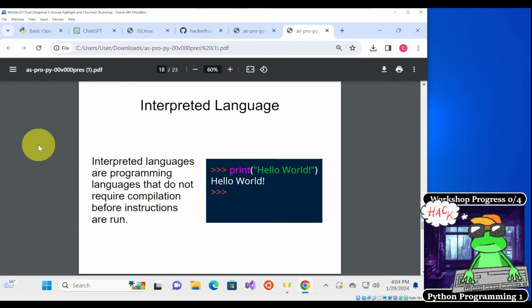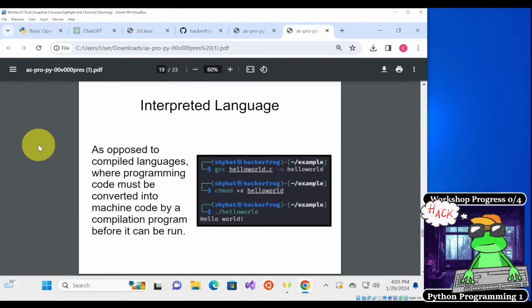So next we'll talk about how Python is an interpreted language. Interpreted languages are programming languages that do not require compilation before instructions are run, as opposed to compiled languages, where programming code must be converted into machine code by a compilation program before